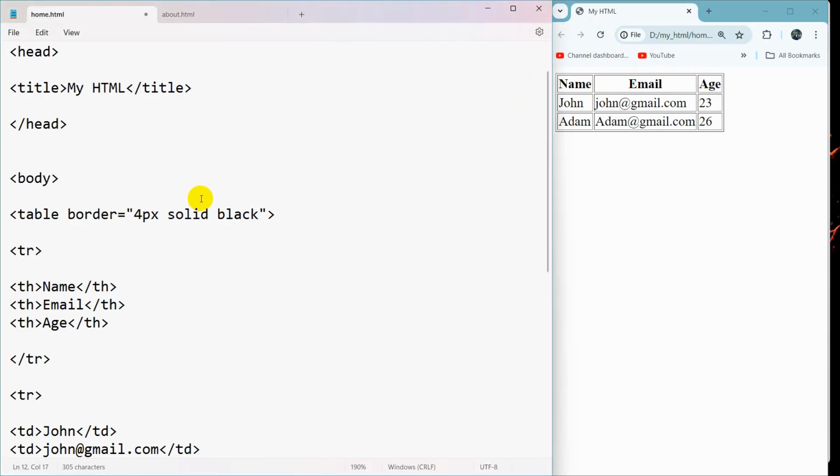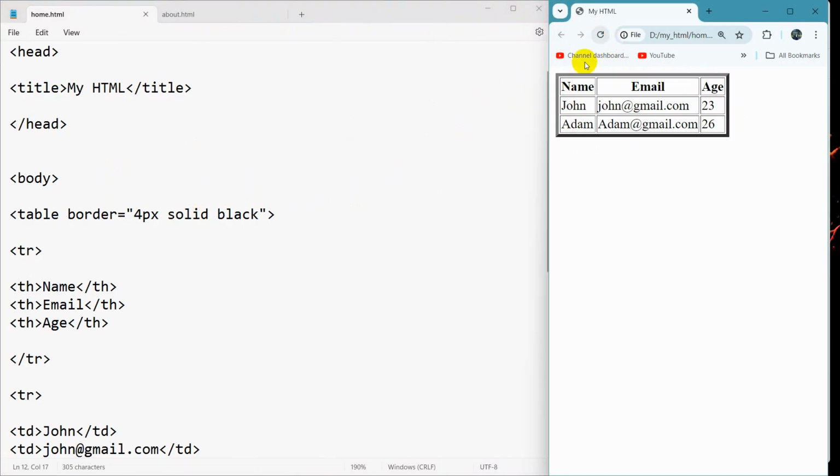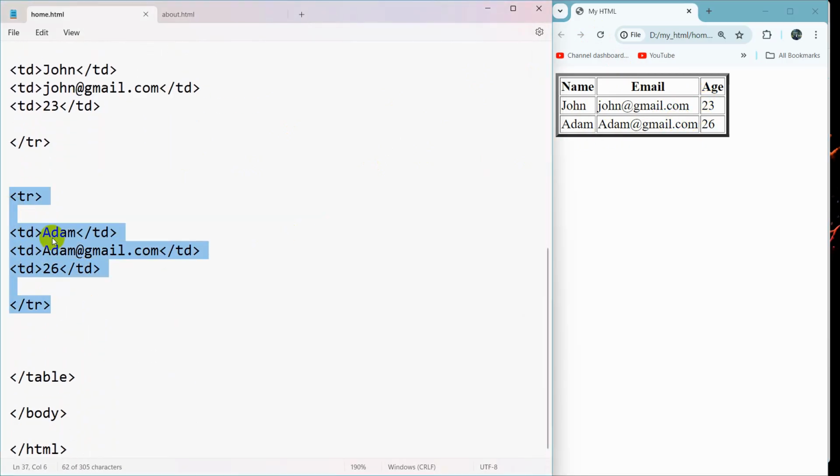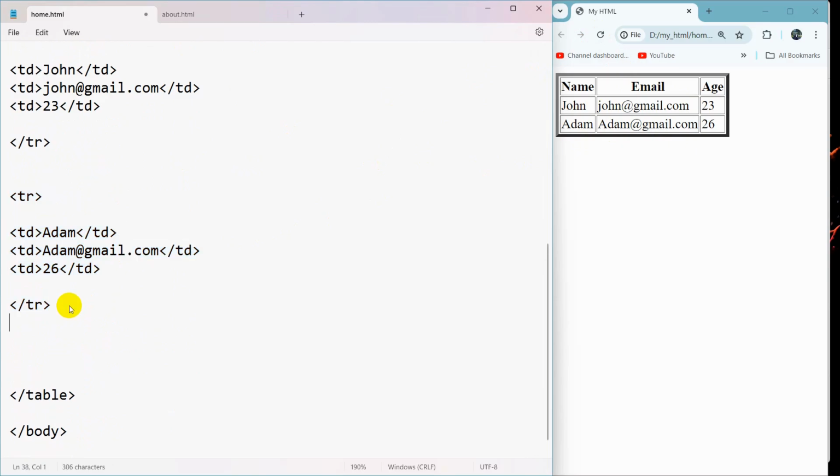So instead of on px, we can say for px. If you now refresh, there you can see it will look like this. So there you can see our table looks like this. So if you want to add more data, just copy the tr tag with the td tag and then just